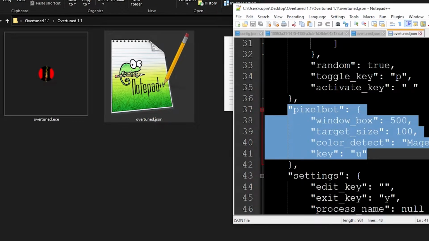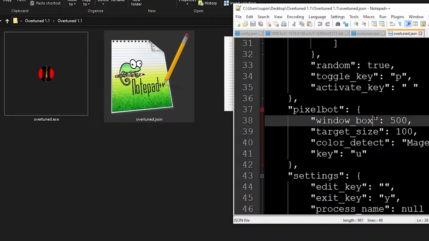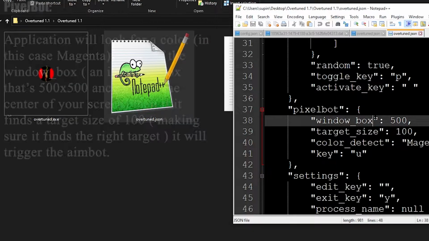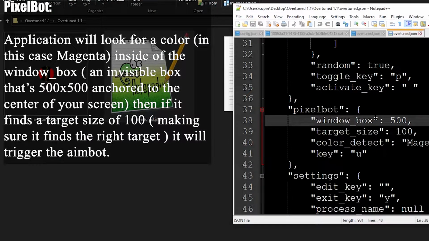PixelBot, everything here is new. Okay, so PixelBot basically is an application that will, basically, you go into a game, right? And the application will look at a specific color. It's going to look for a color in a specific area. After it finds that color, it tries to filter out everything and it tries to basically aim towards that color, towards the center of that color, the center of the object. In this specific scenario, PixelBot is mostly useful for games such as Overwatch and Valorant, in which there are outlines